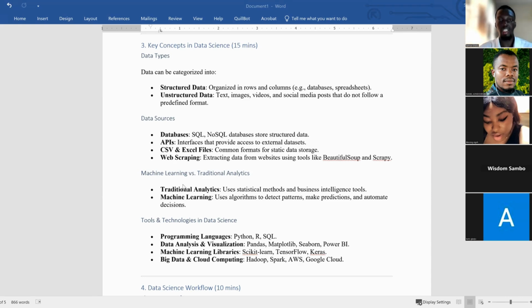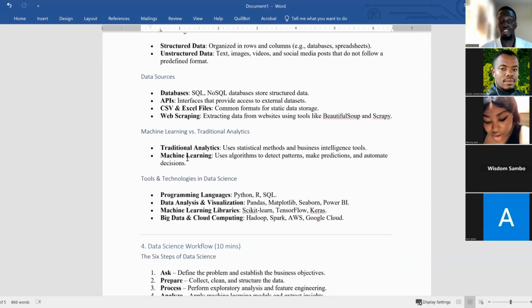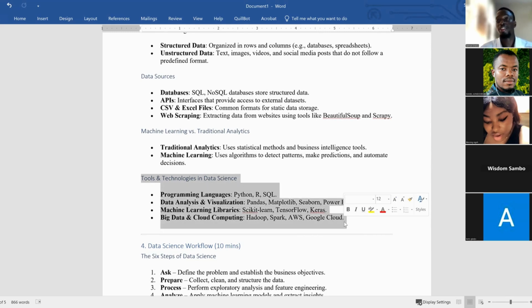I'm going to skip this part because it's going to be too much information right now. Machine learning and traditional analytics, we'll talk about probably later in another class. I don't want to start talking about machine learning at all in this class so that we don't get overwhelmed. This class is an introductory class. In our subsequent classes, it's going to be more of you guys doing and talking, because it's going to be more interactive than this.